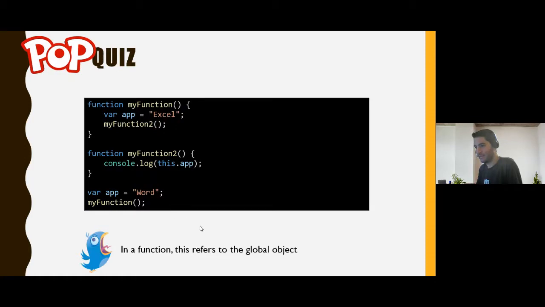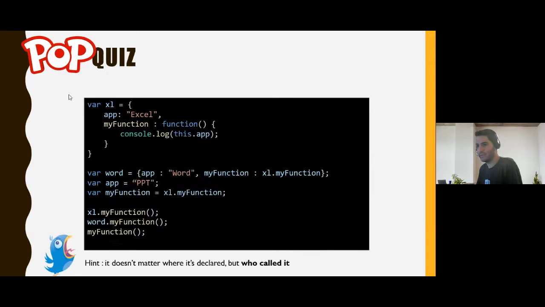All right. And I see here that some of you, Cecile, Julio, said that you think that the third one is going to be undefined or Excel in the previous example. Let me go back to this. And I hope you understand why it's going to be PPT. If not,